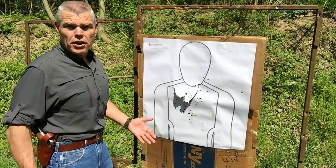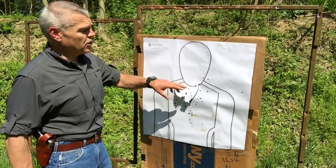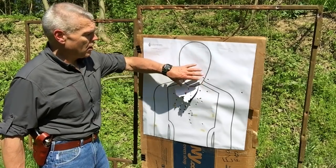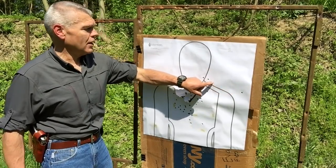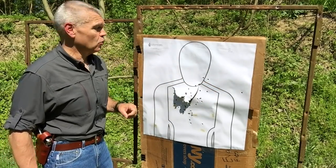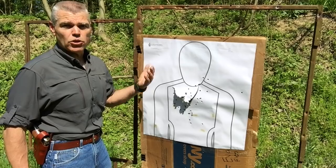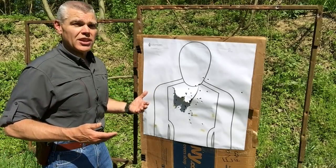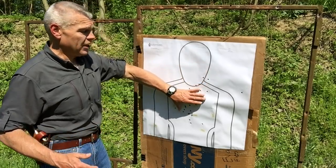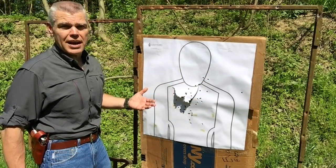And here's the tail of the target, folks. Of the 50 shots that I fired, 48 of them are inside the preferred area of the target. I had 2 shots that were off the target, so those are going to not count in my score. And I had 1 shot that was over the time limit back at 15 yards, so that won't count. So 47 of my 50 shots are in the preferred area of the target and under the time limit,